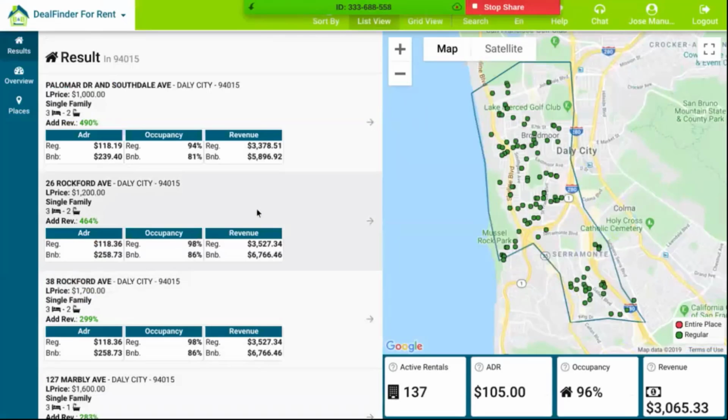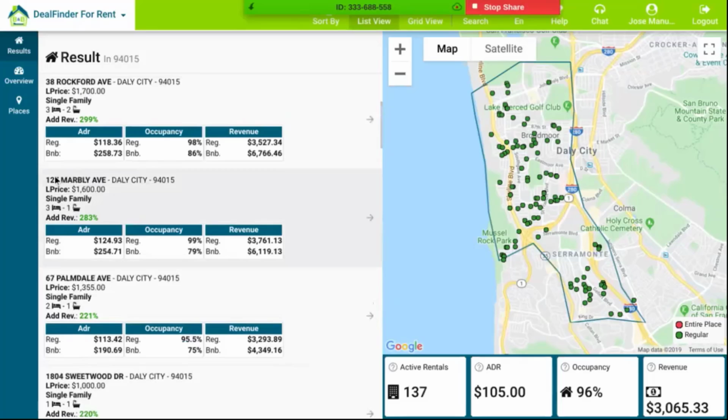In the zip code that you requested, the 9415, basically, we have 137 active rentals. Okay, so remember, basically they ask for about $3,000 a month. Okay, so what we do here is we look for properties that could be great for business.